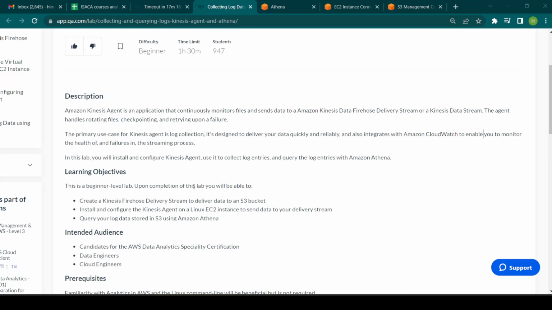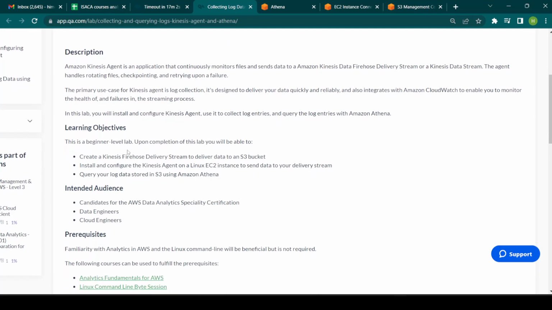Hello, so in this lab we will be getting familiar with Amazon Kinesis and configuring the Kinesis agent, which will help us collect log entries. We can perform queries on those log entries and get data from that query. The learning objective for this lab is, first, we will create a Kinesis Firehose delivery stream,